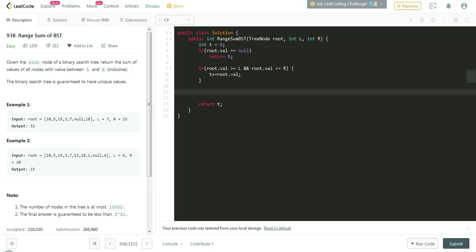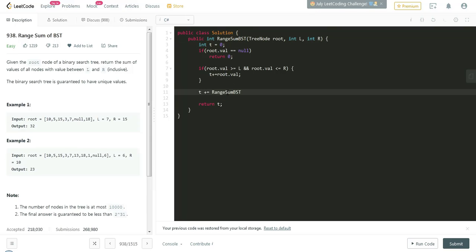If the value does not lie in the range, then what else do we have to do? As I said previously, I'm using pre-order traversal. I have completed processing the root value. Now I need to process all the left values. For that, I'm going to use recursion.